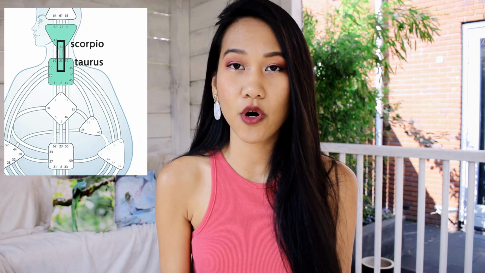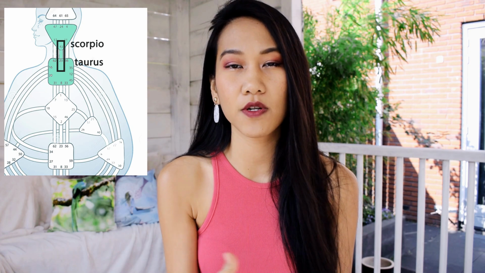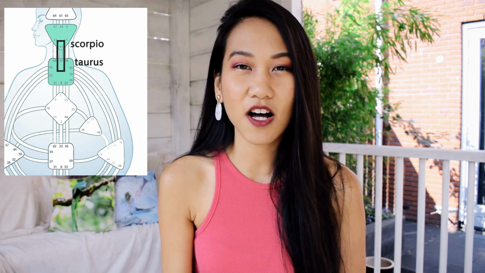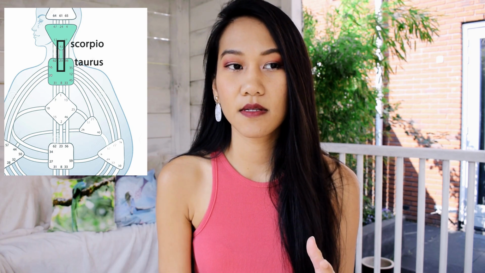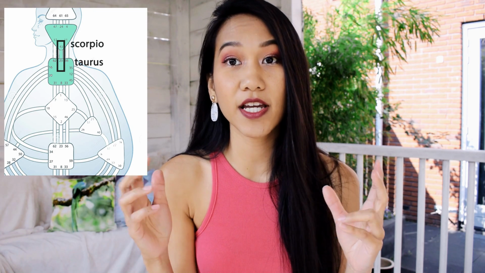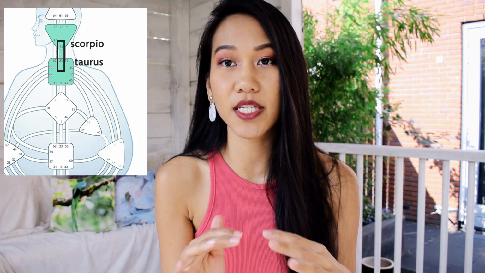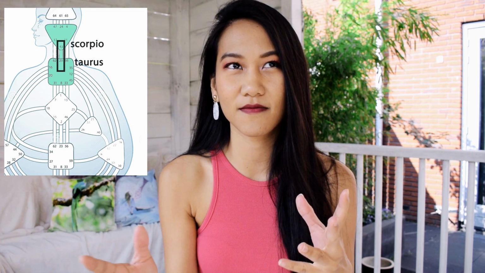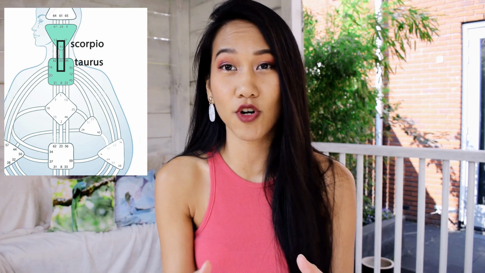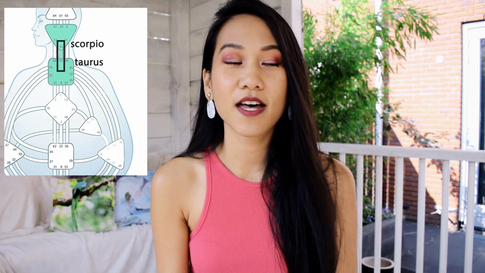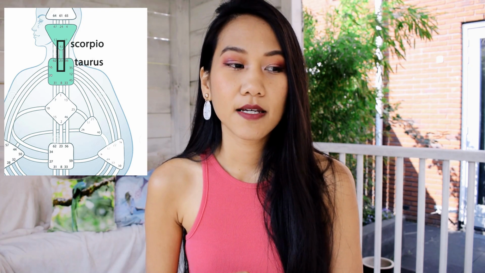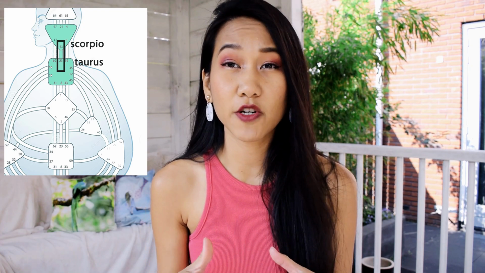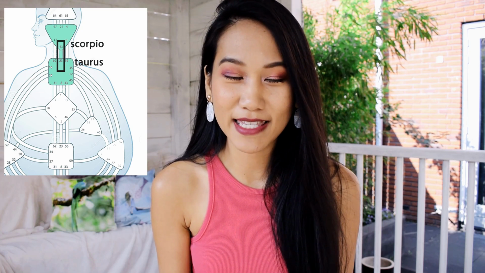Okay, so the first channel we're going to talk about is the 23-43. This is another Taurus Scorpio channel, 43 being the Scorpio, 23 being the Taurus. And this channel is called the channel of structuring. It's about breaking down concepts that you have received through your insights, breaking that down into understandable chunks and understandable sentences or structures or writing or visualization for other people. So this channel is bringing in an awareness of new forms, new values, basically.